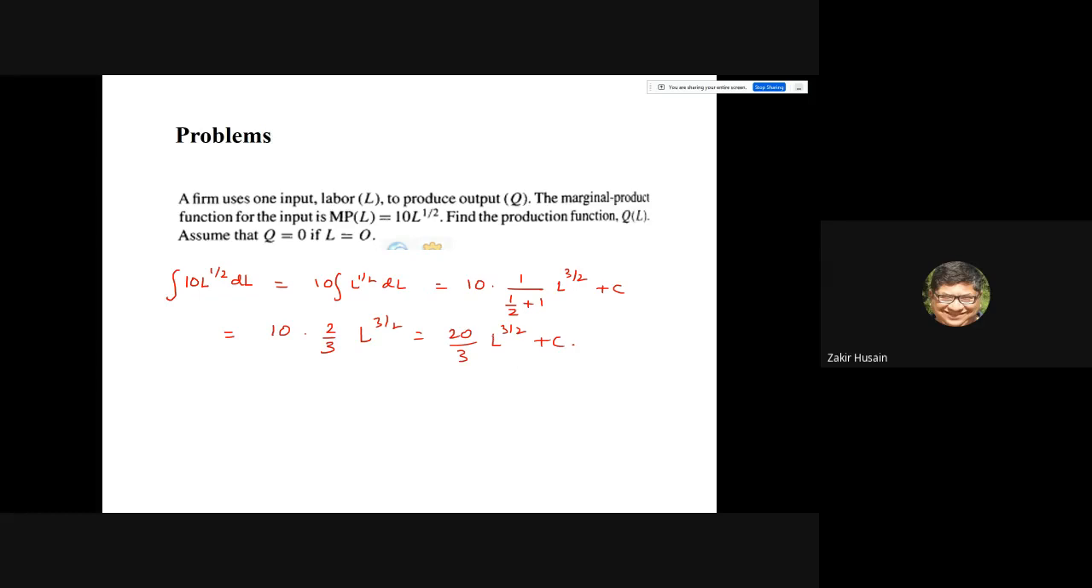Just take C as 0. So C is 0, so you can simply write